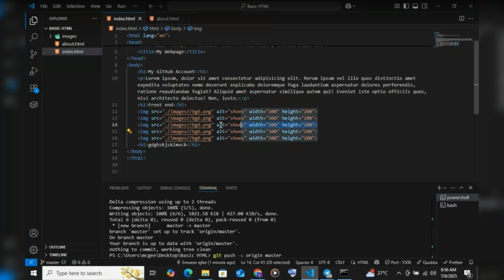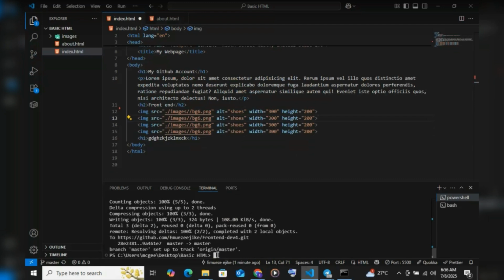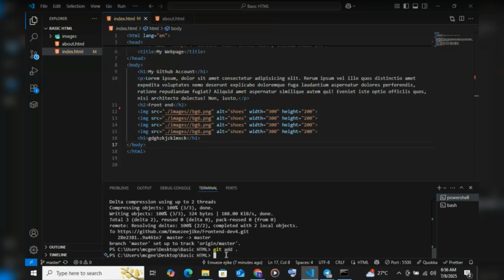Now let me remove one of those images. Now the images are 4. Now I have to do the same process again, which is git add. Oh, sorry, I forgot to save. Let me save it. Control S. Git add minus space, full stop. Press enter. Then